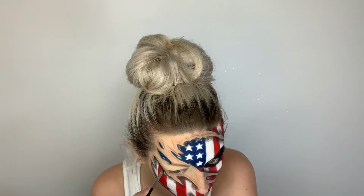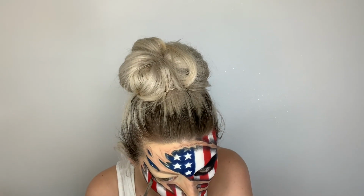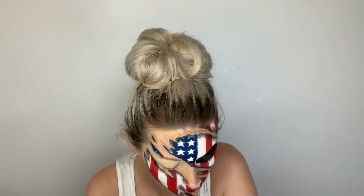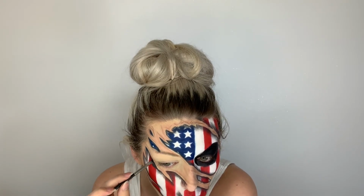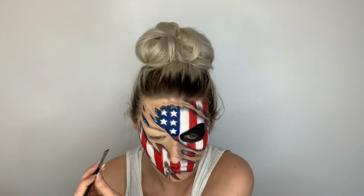I was trying to make it look more realistic rather than cartoon, because there are different versions you could create of this look. You can make it more cartoony, but I wanted to give it more of a realistic effect. Obviously minus the blood. I thought a lot about doing blood, but I didn't want this to go a gore way. I wanted it to stay more neutral, and I felt like blood would mess with the work. It probably would have been cool to see with blood, but...